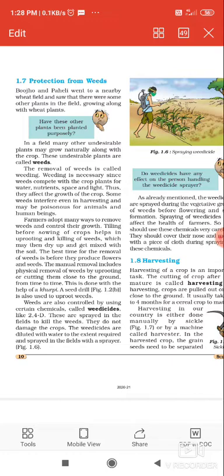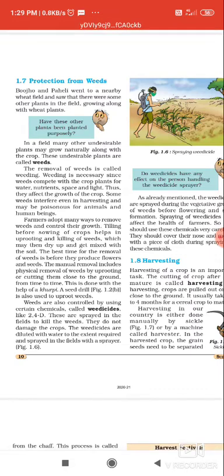So you can either cut these weeds manually or you can cut them with a machine. How can you cut manually? Yes, you can cut with the khurpi. Why khurpi? Because khurpi will help you dig out the weeds from the root level. But if you cut with a sickle, the sickle will only cut the weeds from the area where it touches the ground. But what about the root? So root के लिए हमें खुरपी best रहेगी. And another is the seed drill. So seed drill can be used to remove these weeds.